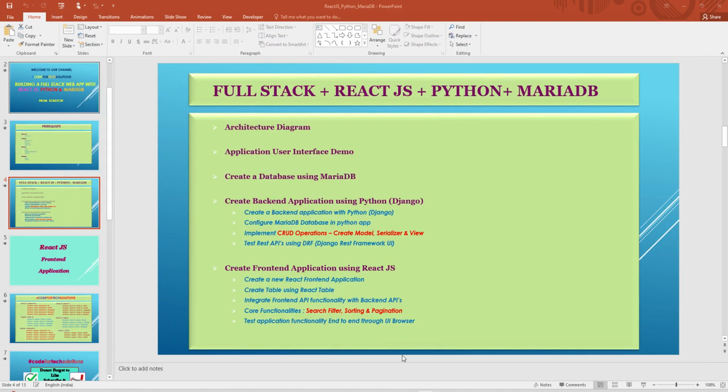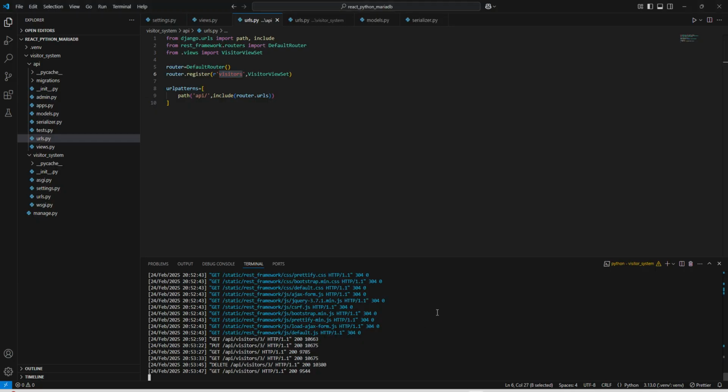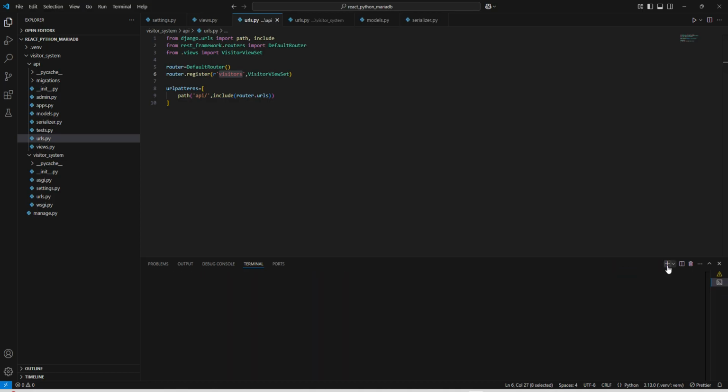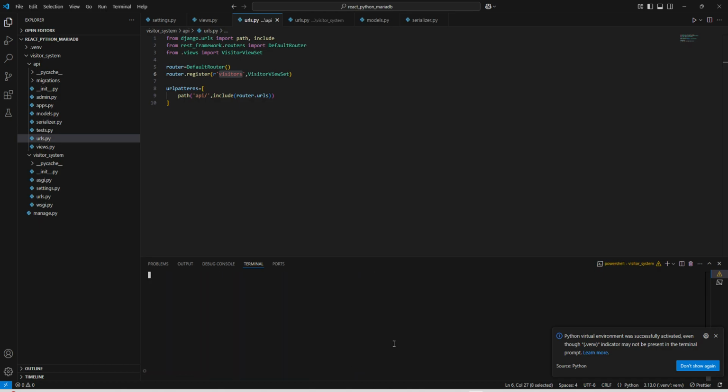Now the next thing: our Python application is running on a different port, and our Angular and React.js applications are running on a different host and port. So our backend application may show some CORS, cross-origin, issue. To resolve that, we need to add a solution. So this is our Python application, and in this terminal it is running. In Python we have a library that we can install with pip install, and we can say